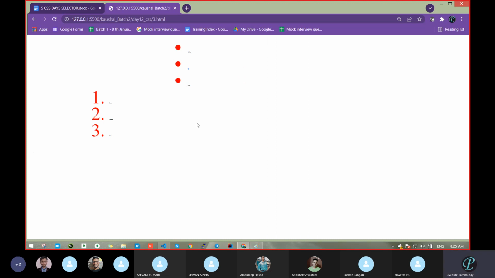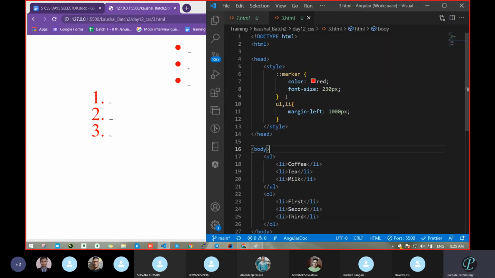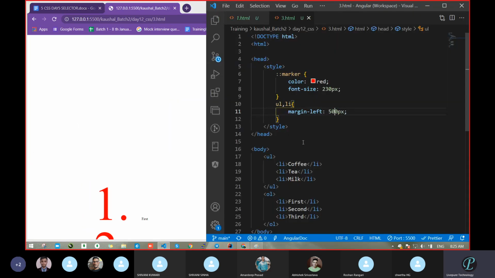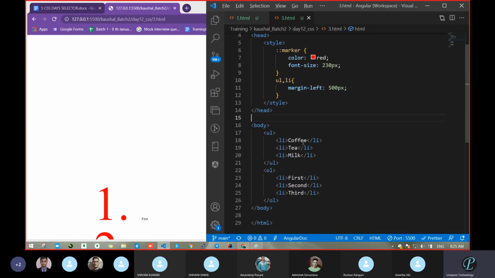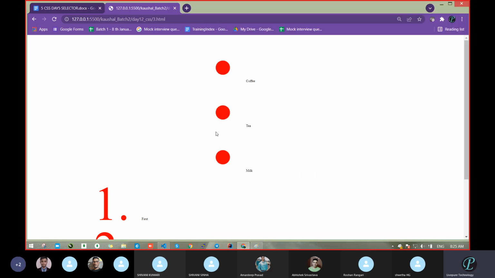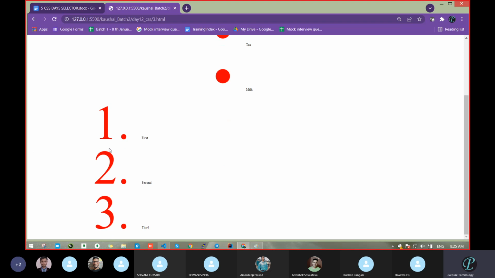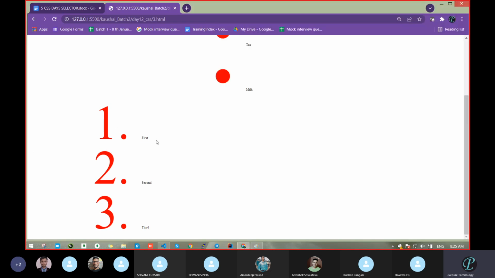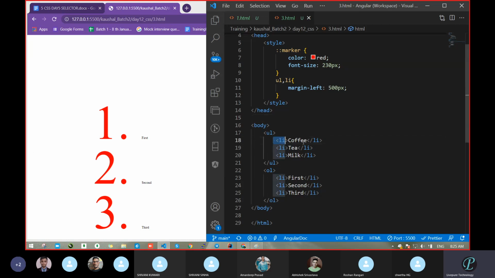So it increased the bullet sign and bullet color. With the help of which tag? That was the marker tag. Fine. Does anyone have any issue with this marker tag? With the help of marker, we can design that particular section only. We know that we can change the numbering, but we had no idea how to change the size of this one. But the size of the text, we can easily change by going with the LI and increasing the font size. Correct or not?